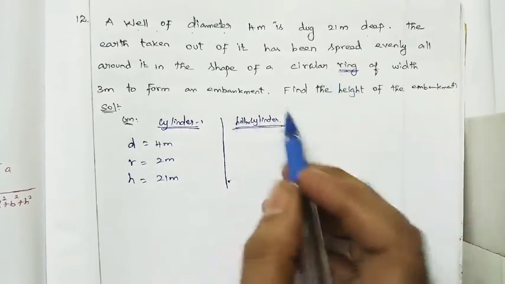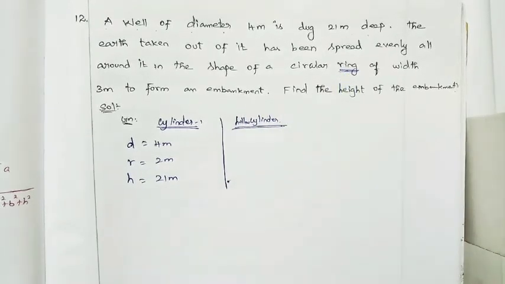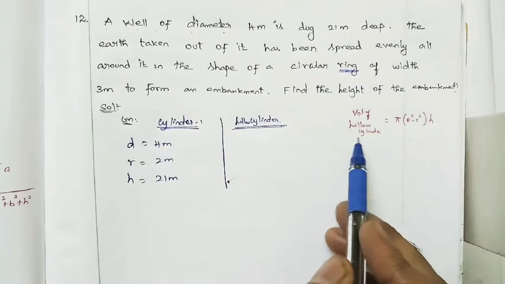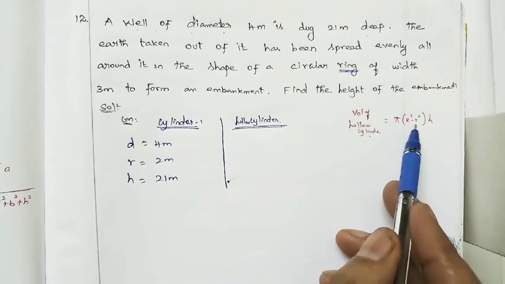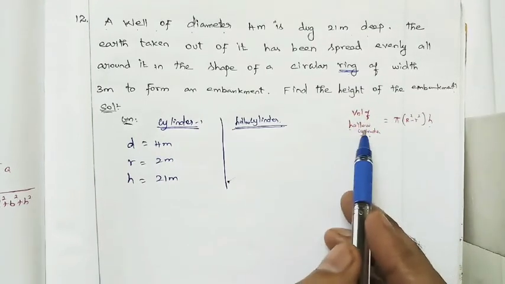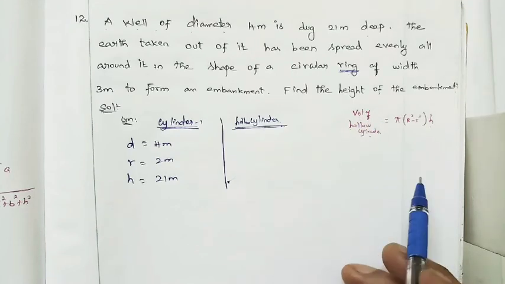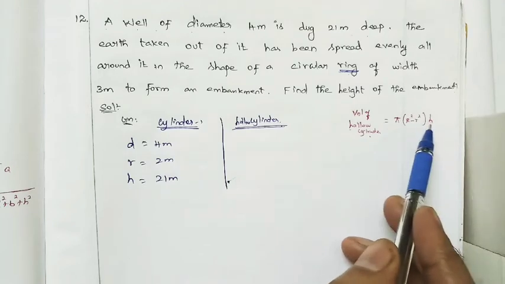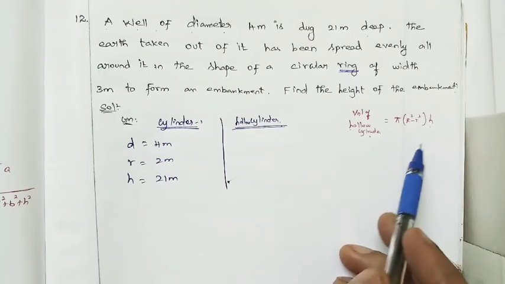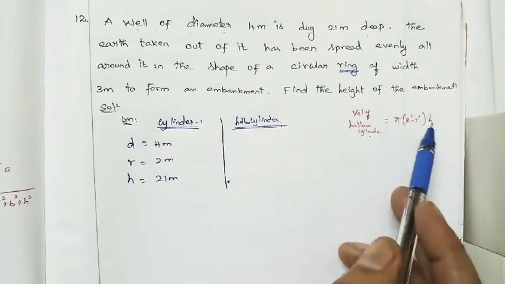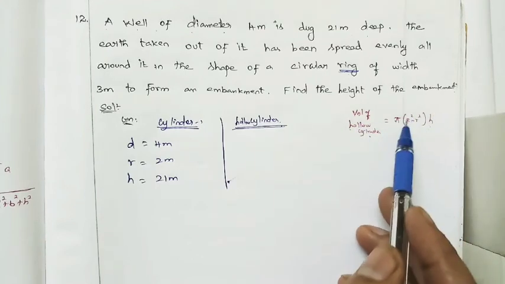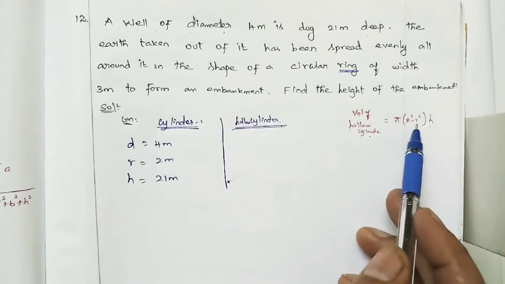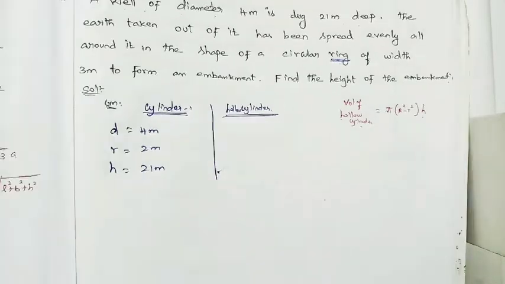Next, for the hollow cylinder, what things do we need? What is the formula for finding the volume of a hollow cylinder? That is very important. Volume of hollow cylinder is equal to pi (capital R square minus small r square) into h, right. It's nothing but the volume of the big cylinder minus the volume of the small cylinder. So pi capital R square h minus pi small r square h. What is the common term? Pi h is common, just taking it outside. What is remaining? R square minus r square. So pi (R square minus r square) into h, right.